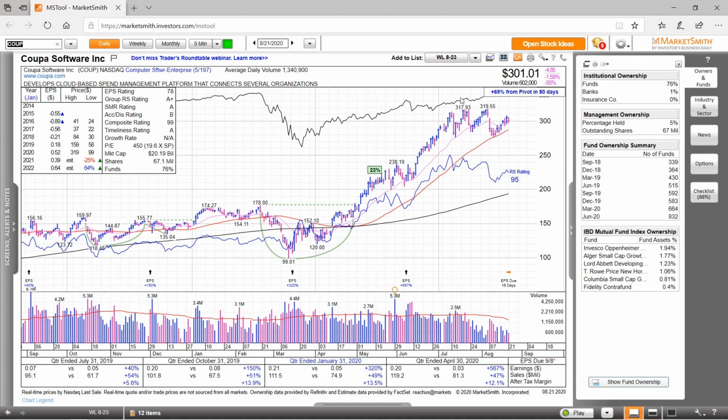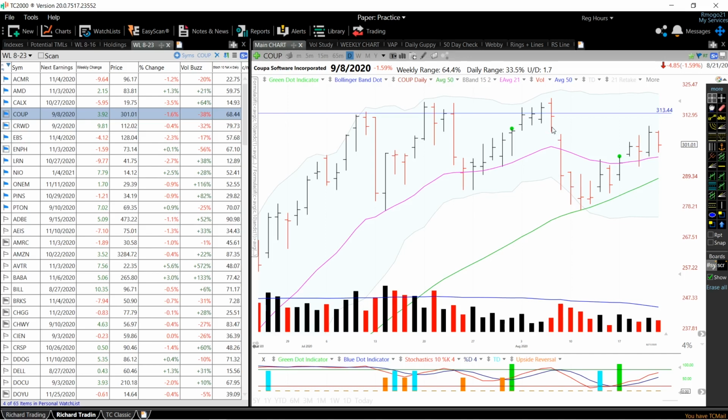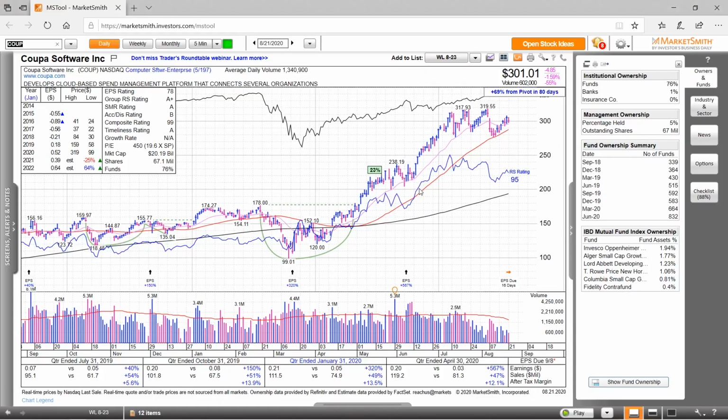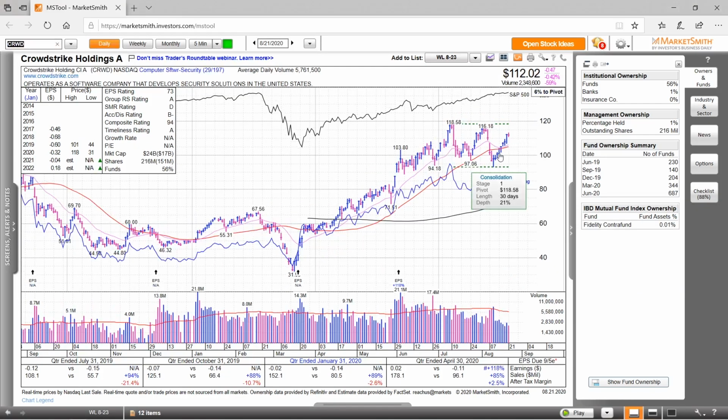this did kind of overshoot this high right here, so that's why it's not showing up in pattern recognition. But overall, there's a nice consolidation, and the RS rating is a very strong 95. And as for the entry setup, I want to see a breakout into new all-time highs above 319.55. So that is COUP, and next up we've got CrowdStrike, which I also bought early last week, or actually 2